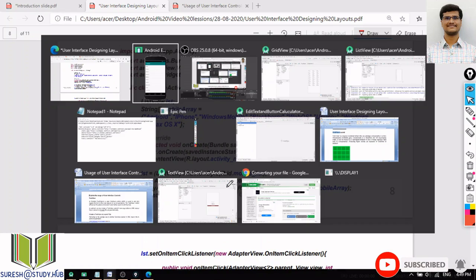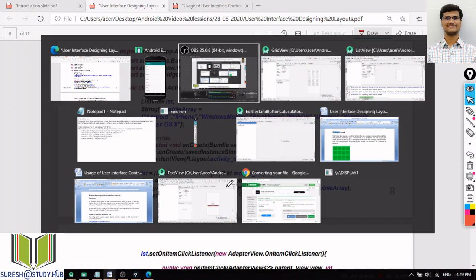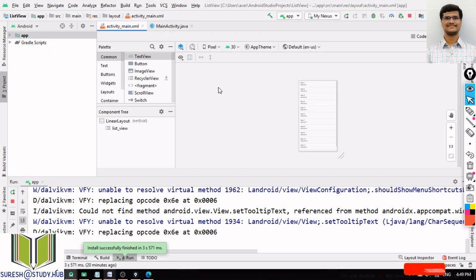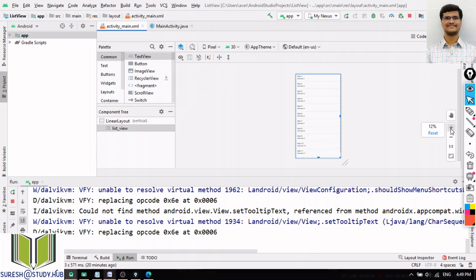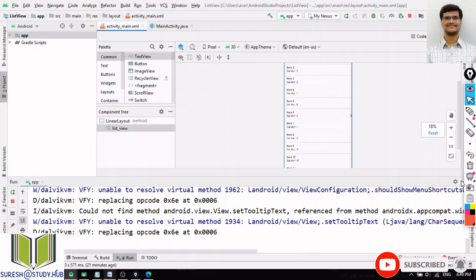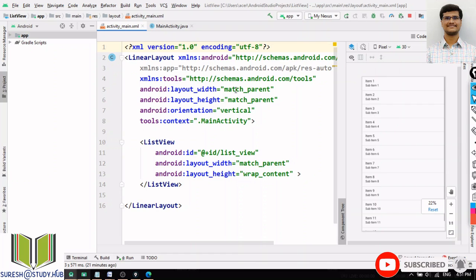Okay, so we will go to this list view. So this is your list view. So what have I done in this list view? If you go to this one, okay, I will just zoom it. I will minimize this one. Before this, first I think it is better to open the split mode, then you will understand. I click on this split mode. So you can see here.